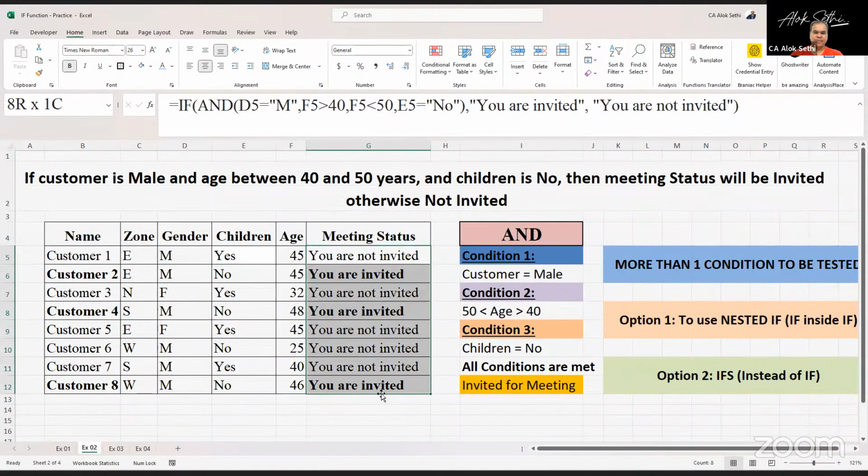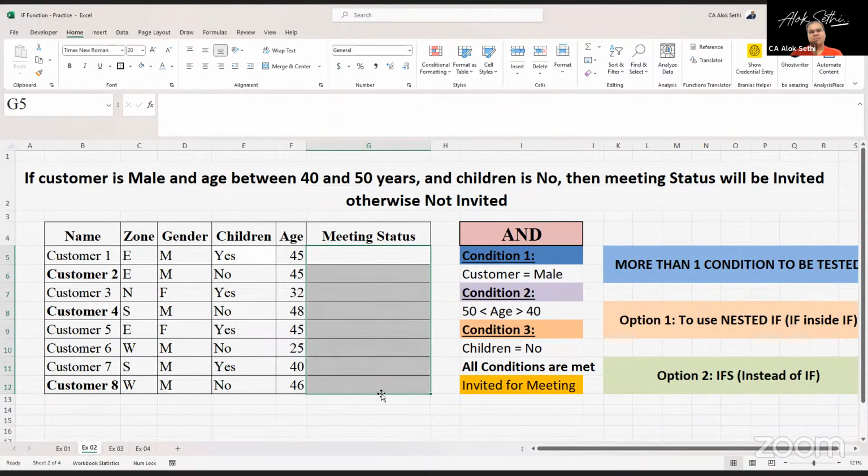वापस से करते हैं एक बार फिर से और देखते हैं हमें क्या करना है। हमें 3 कंडीशन चेक करनी है और तीनों कंडीशन के ट्रू होने पे एक रिजल्ट आना चाहिए। अगर तीनों कंडीशन ट्रू होती है तो पर्सन को बुलाना है मीटिंग में, अदरवाइज इसको नहीं बुलाना है। एक ही कंडीशन चेक कर सकते हैं इफ फंक्शन के साथ में, लेकिन एंड फंक्शन बोलता है कि आप कोई भी कंडीशंस ले आओ, हम सब चेक करके बता देंगे। लेकिन आंसर ट्रू और फॉल्स देंगे। लेकिन हमने इफ को कहा कि जब आंसर ट्रू आए तो आप ट्रू की जगह वो आंसर दीजिए जो हम आपको बता रहे हैं।